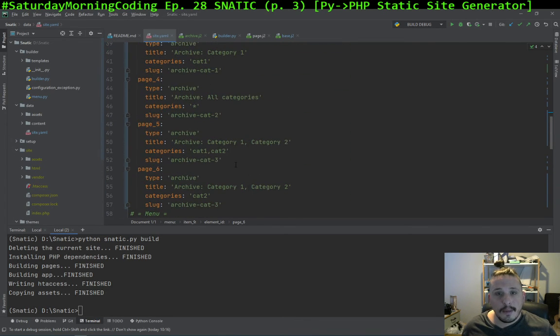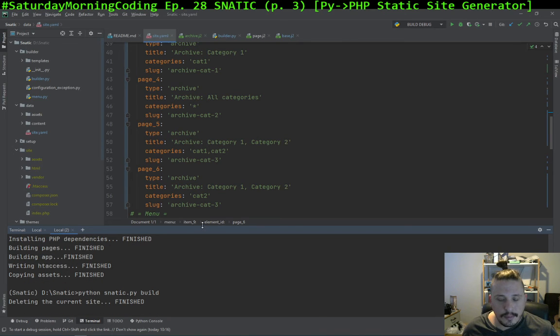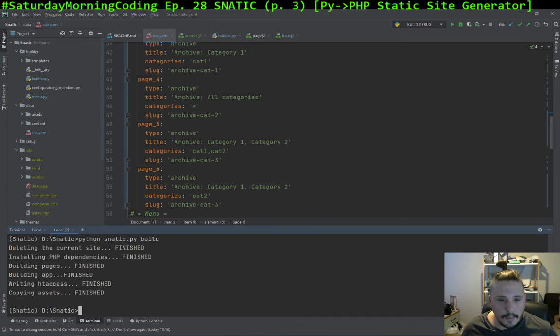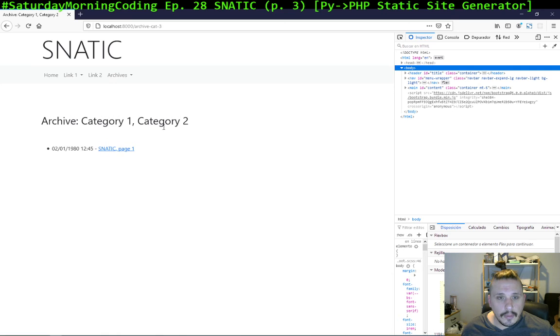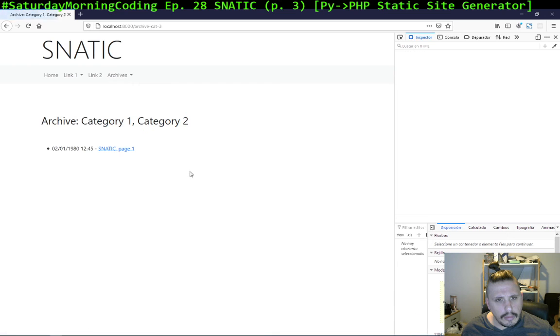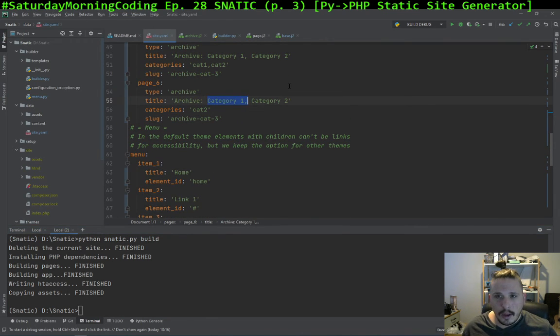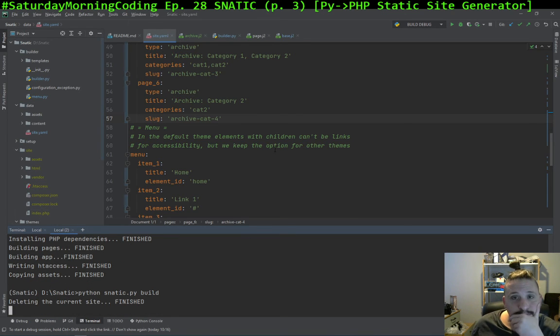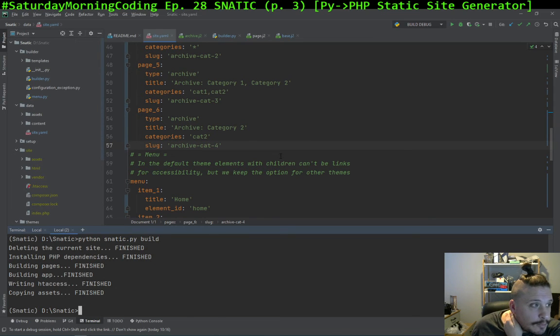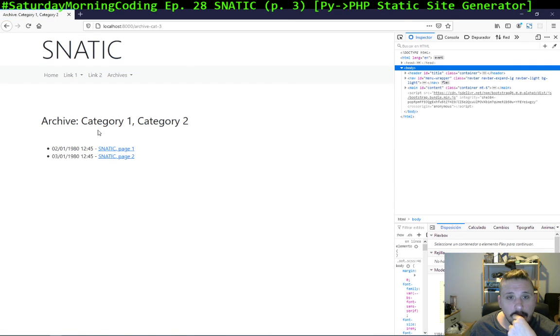Page 6. And now category 1. Wait, because I'm an idiot. So this archive category 2. Yeah, and obviously it overgrowth because of same slack. So now we have category 1 all, category 2, category 2 and category 2 only. Okay, and we have